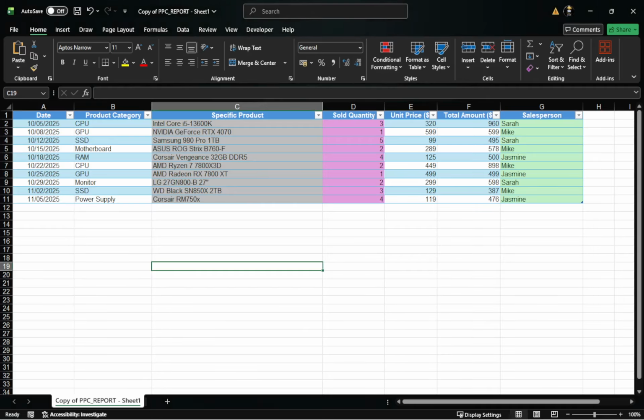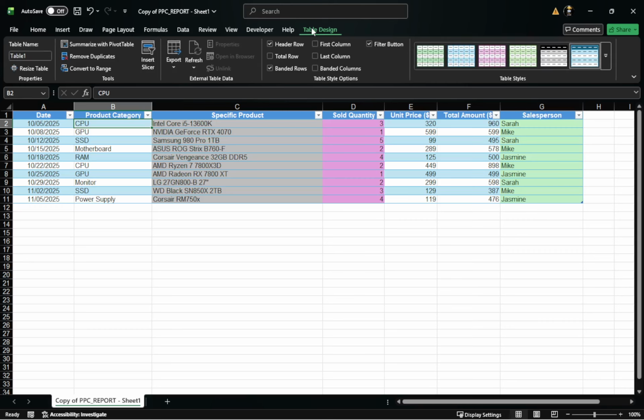When the cell is active, you will see a special tab appear on the ribbon. The tab is called Table Design, or sometimes just Table, depending on your version of Excel. Click that tab. In the Table Styles group, you will see a row of thumbnail previews. Move your mouse over these styles and watch how the table preview updates live on the worksheet. When you find a style that matches what you want, click it, and Excel will apply it to the entire